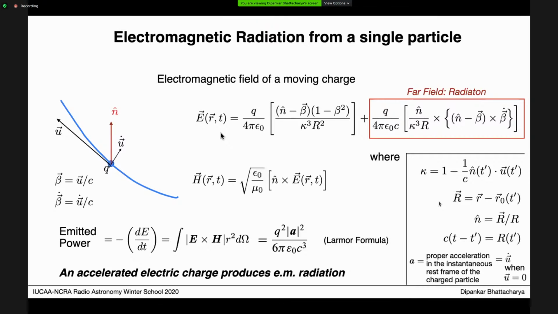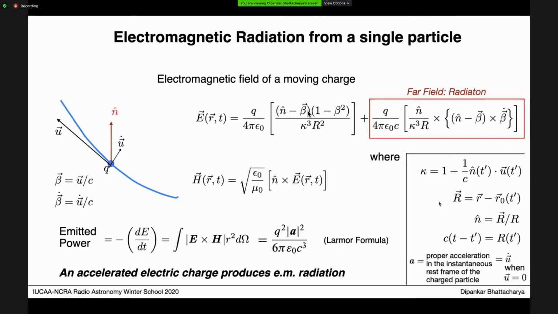So it's got two components of it. One is a field that drops as 1 over r squared. This is something most of you would have already come across often. And this is the Coulomb field. So if a charged particle is stationary and you have an observer at a distance r from the charged particle, then you have a field which goes down as q over r squared. And that's this component of the field.